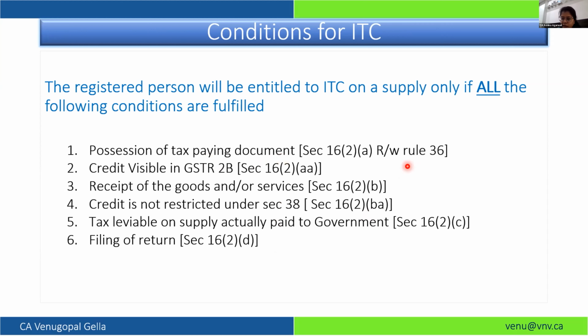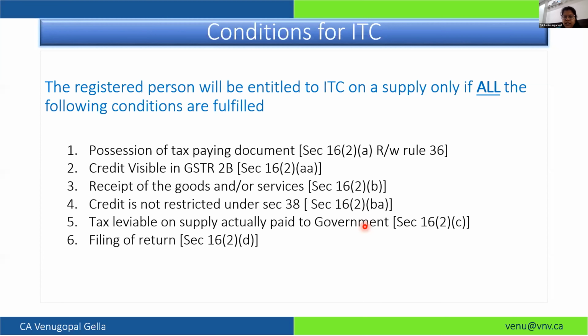Now, if you don't have the documents and the transaction is reflecting in GSTR 2B, it will be shown in 4A5, but as the document is not there, you won't be eligible to claim ITC of it because one of the conditions is not satisfied. Therefore, the same will be reported under 4B2, that is a temporary reversal. And the next month, when you have received your invoice, then you will add it in 4A5 and 4D1